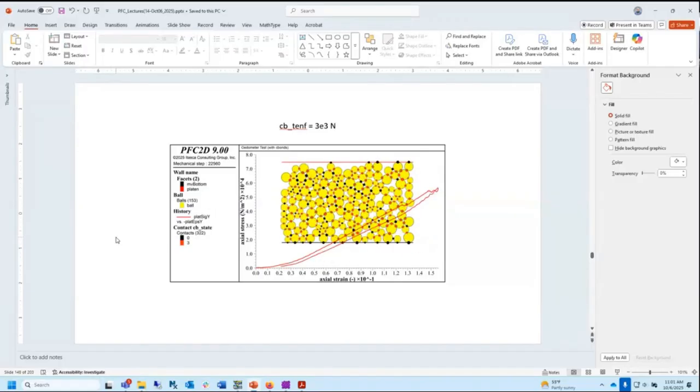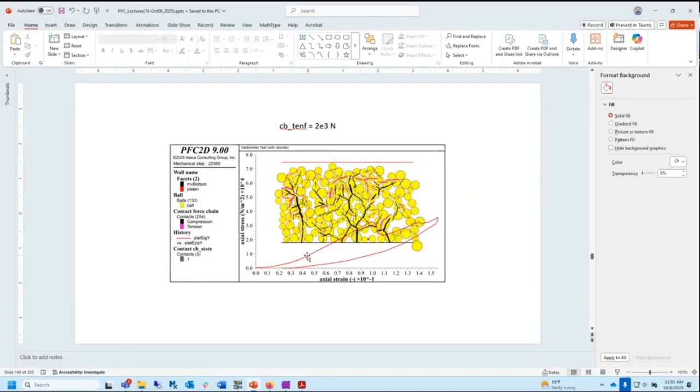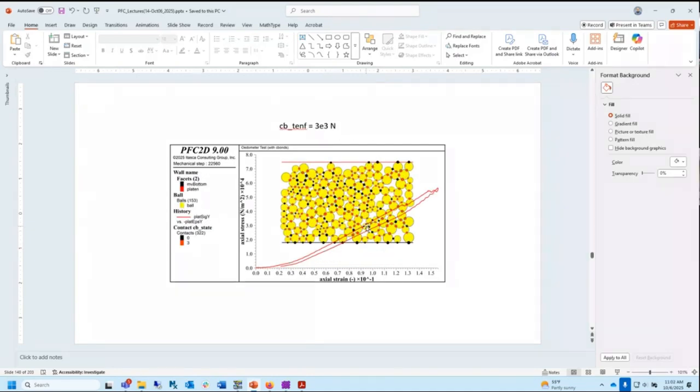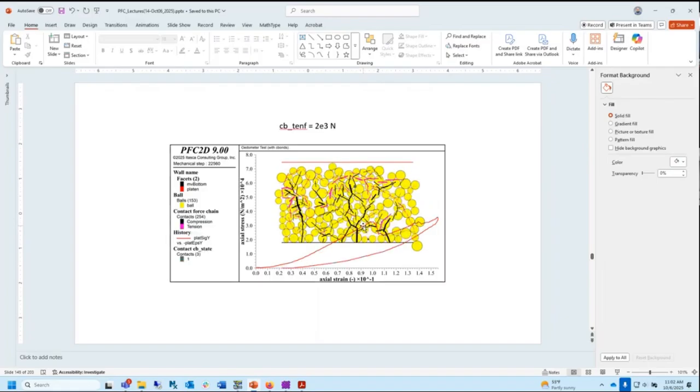Look at how this first part of the curve is identical. See here? Goes up to here. Whoops, boom. It's identical because nothing broke. But in this case, nothing broke up to this point, so it kept going. But in the other case, something broke. Boom, it dropped down. And now it goes up.